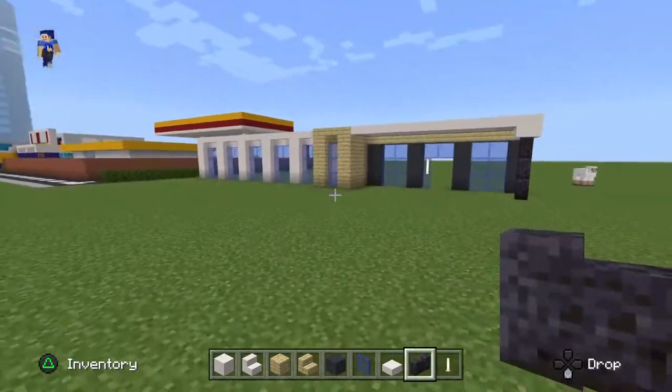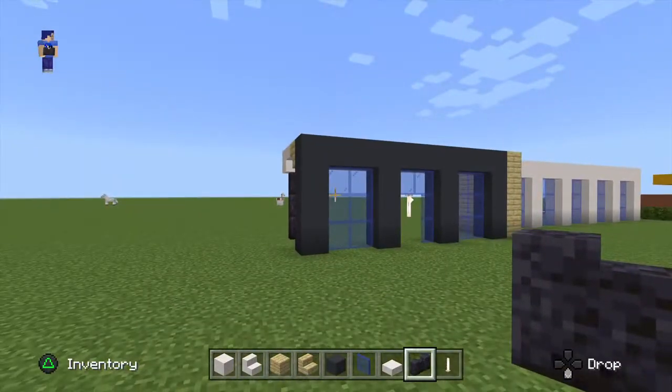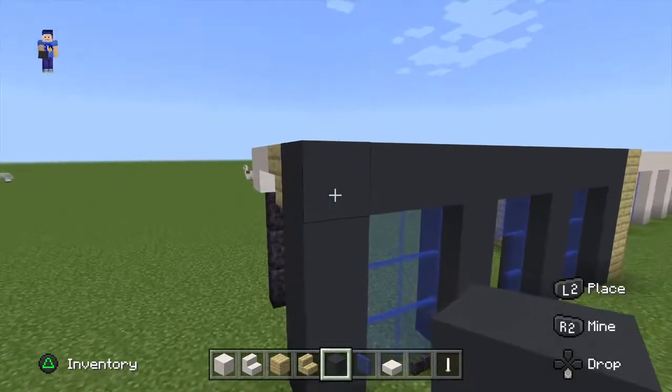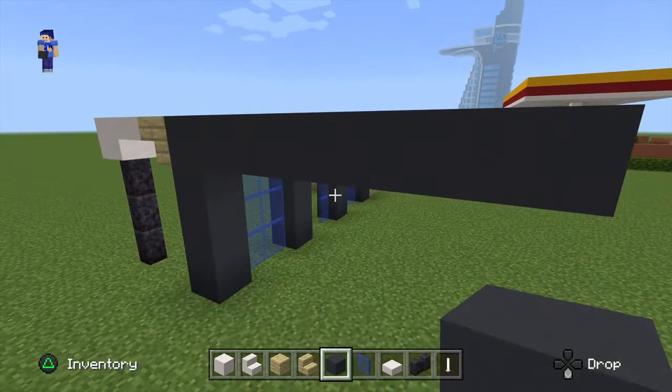And there you go. That's majority of the front of the building. We now have to move on to the sides, although it's a lot easier to do pretty much the entire rest of the building. So on the right side of the build, we are going to take the top corner here, and we're going to extend it backwards by 6 using grey concrete. So 1, 2, 3, 4, 5, 6. Join that down